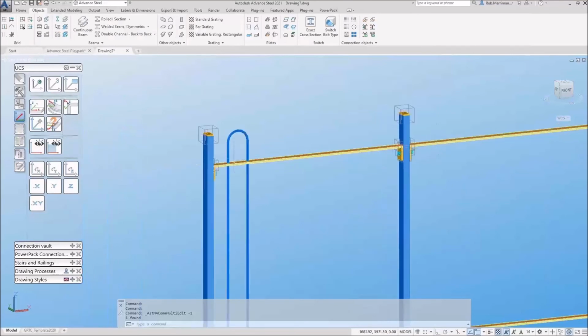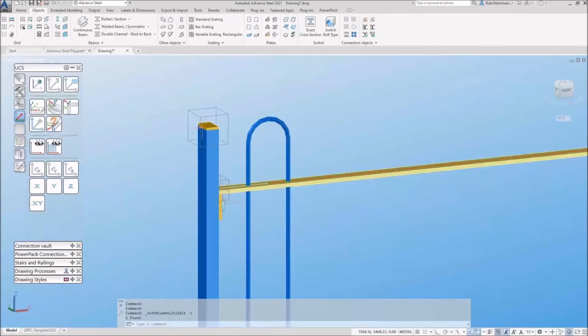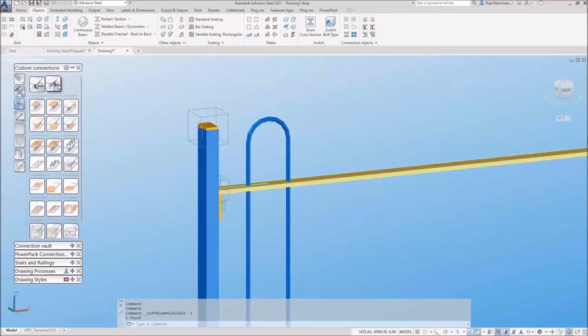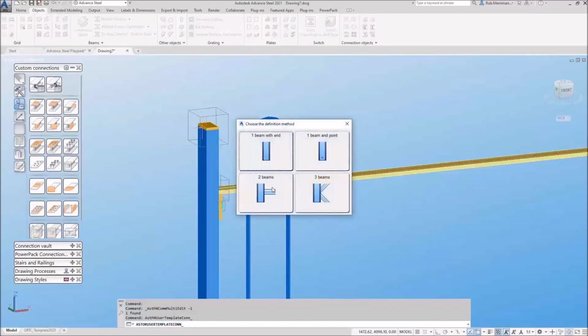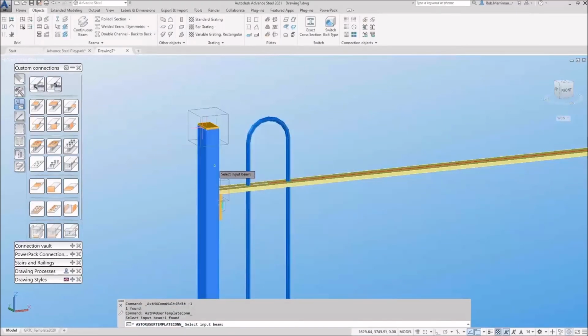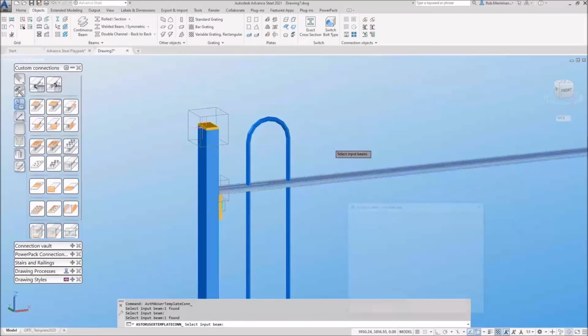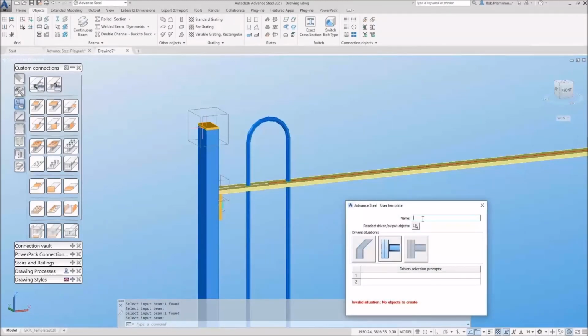With the custom connections, I can get it to put that cap on and that piece in there. So what we'll do is go to the custom connections tab and say create connection template. And this is going to be based on 2 beams. The first one is going to be the post. The second one is going to be the top rail. And we will call this left hand single post